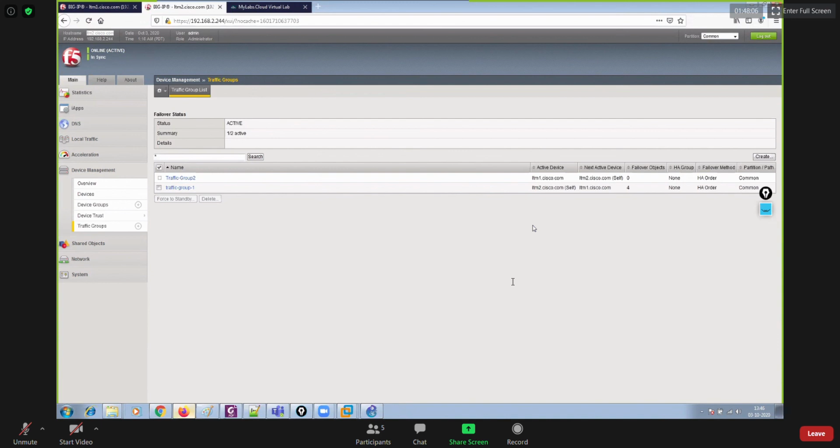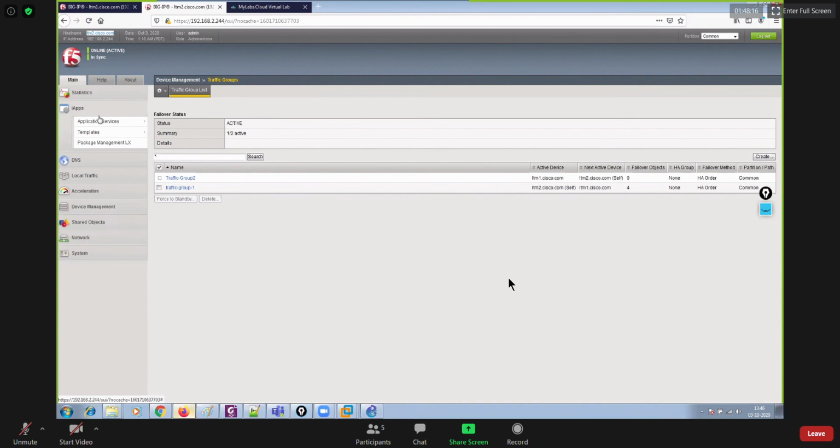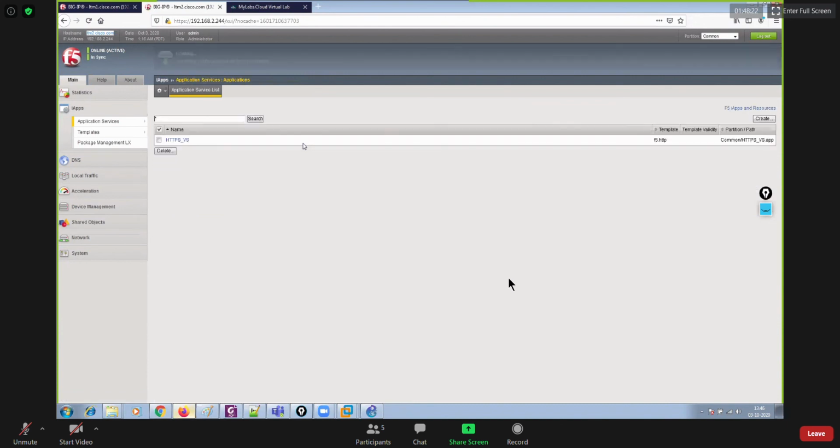Okay, so now I have created this traffic group 2, and at the moment there is no object within traffic group 2. But what I can do is go ahead and deploy another application using iApp itself. So I'll go to application services once again, and I'll deploy another website. So I create one more application, right guys?